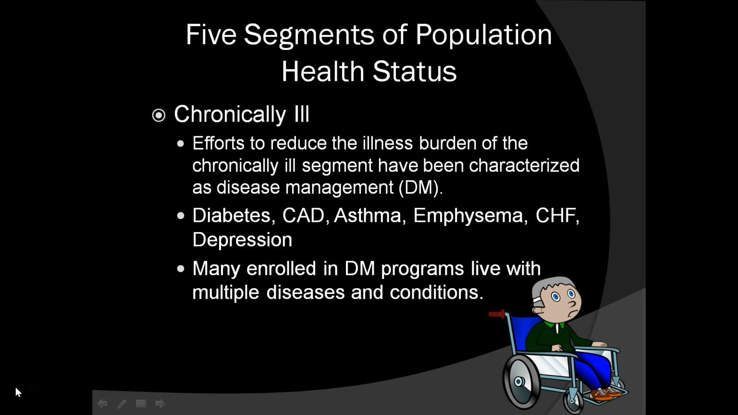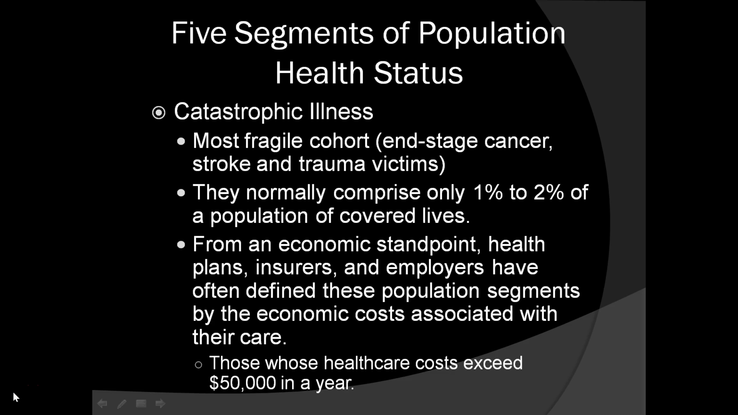Many are enrolled in disease management programs, and many of those enrolled live with multiple diseases and conditions. The catastrophically ill are the most fragile cohort. They are the end-stage cancer patients, the stroke and/or trauma victim patients. They normally comprise only 1 to 2% of a population of covered lives. So from an economic standpoint, health plans, insurers, and employers have often defined these population segments by the economic costs associated with their care. Those whose healthcare costs mainly exceed $50,000 in a year are going to be termed